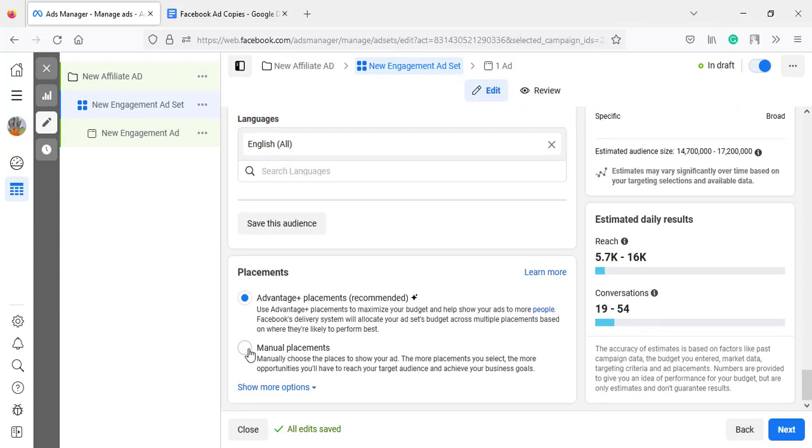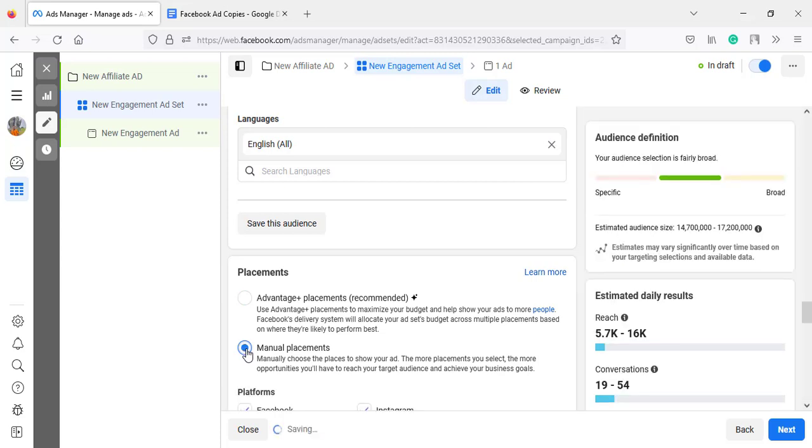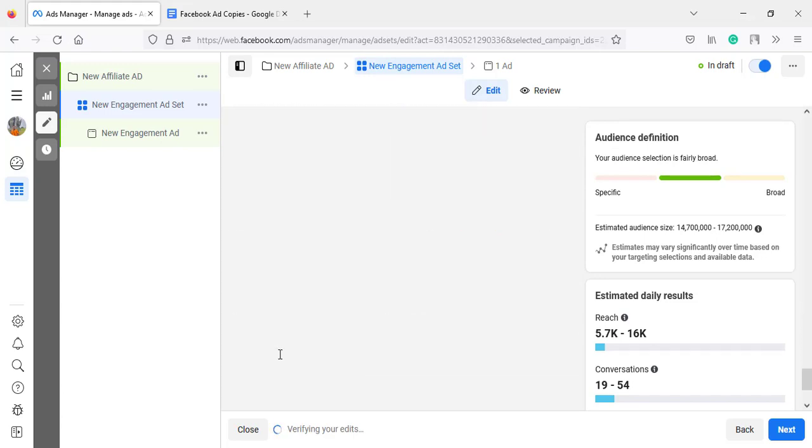Okay, so coming to this placement part, I have to choose manual placement instead of using the first option that says advantage plus placement. So I have to then use manual placement. Having chosen that, I have to scroll down,